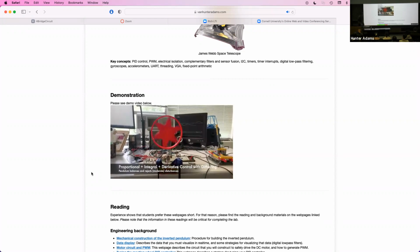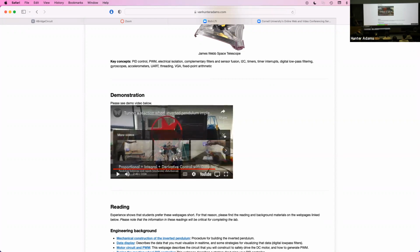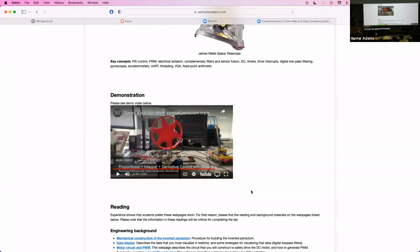And then the other pieces here are this base. You'll be asked to build the base as well. The base is just made out of Legos. So I have a whole bunch of Legos in the lab so that you can build a base. The size of the holes in the Legos are perfect for 10-32 screws. So you'll build a little base out of Legos, and then a long 10-32 screw will go through the Lego